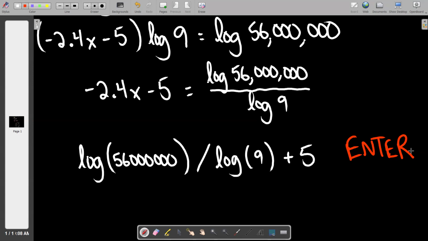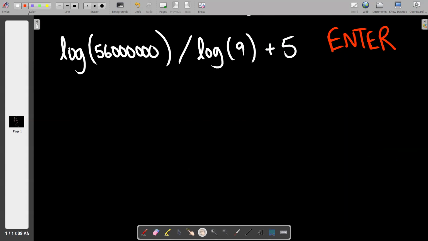So with that on your screen, remember, don't be copying a bunch of garbage down on your paper. Just let the calculator hold it in its memory. With that number on your screen, just hit divided by, and it knows you want it to divide by the previous answer. Divide by negative 2.4. And you'll be rounding everything to 4 decimal places. So for this one, we would say x is approximately equal to negative